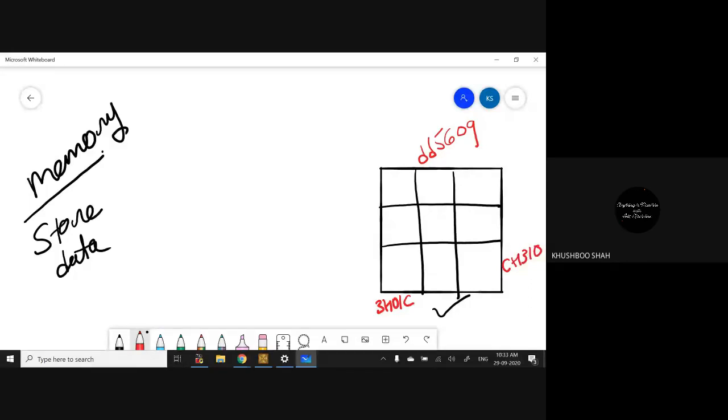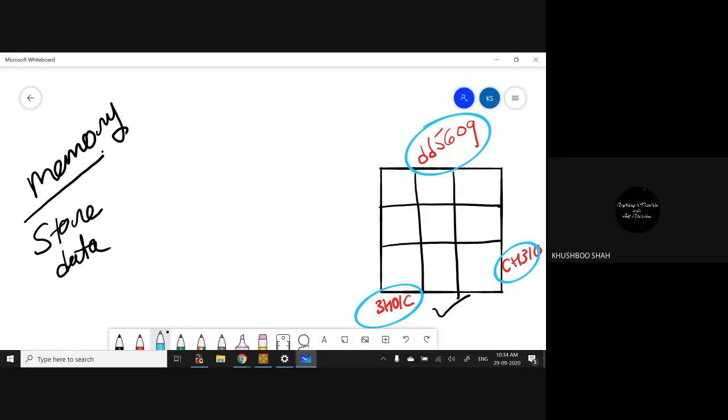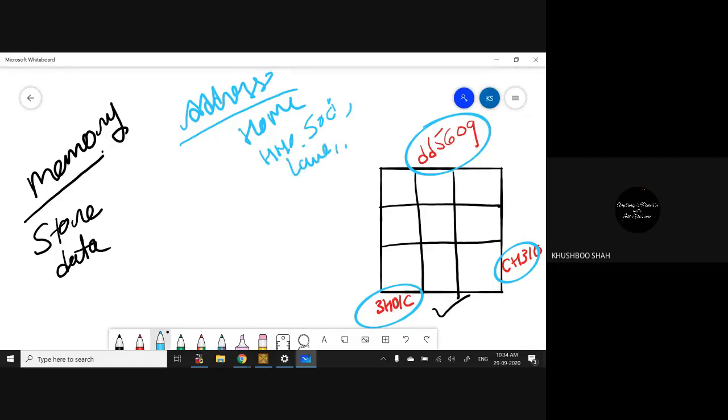So now tell me, guys, is it possible for us to remember all these addresses? No, ma'am. Consider the address of our home. We normally write the house number, then society name, then lane, then area, and so on.